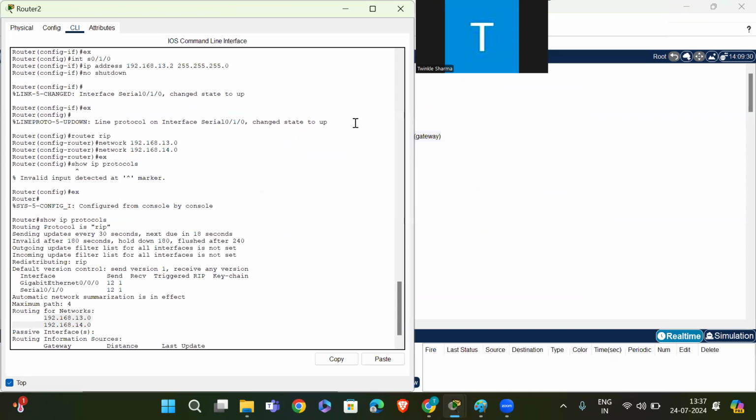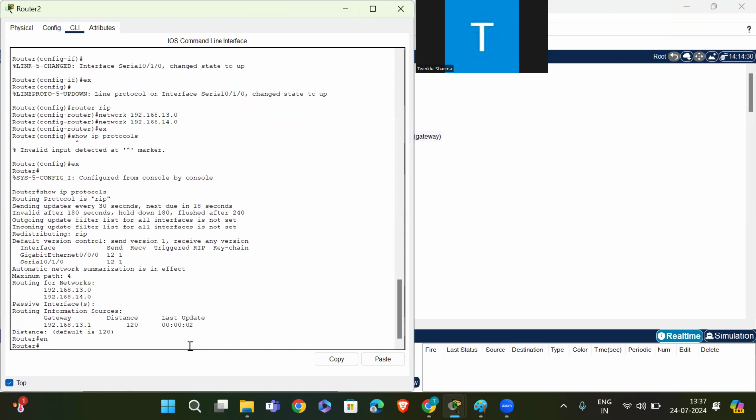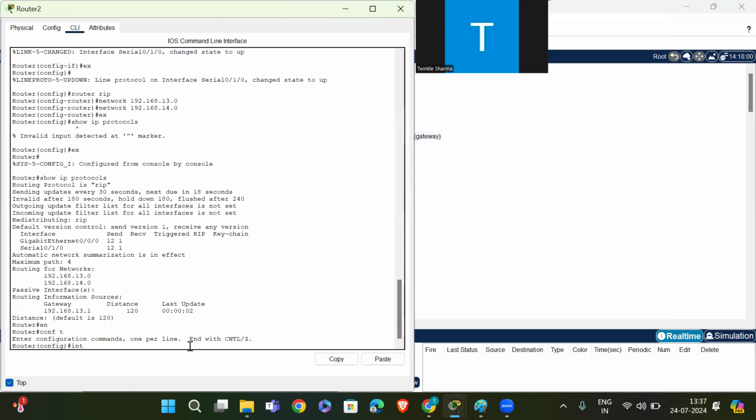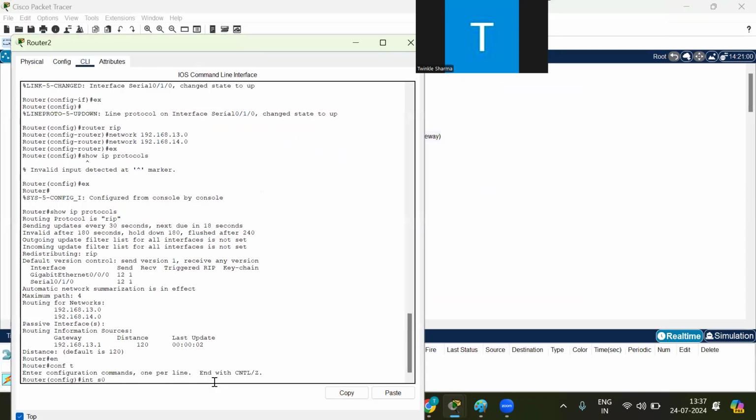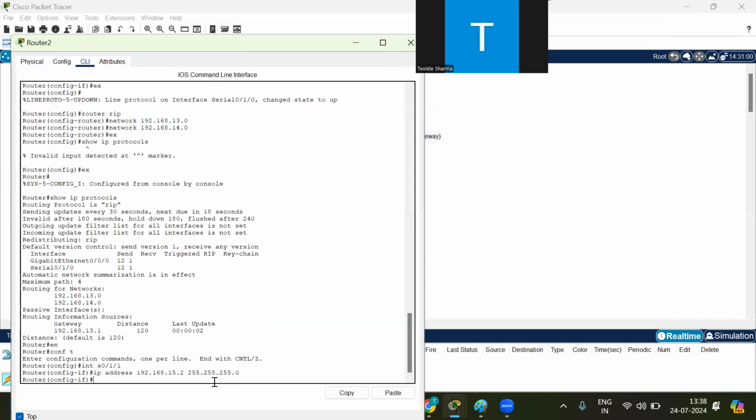Here on router 2, enable, conf t, interface S0/1/1, IP address 192.168.15.2, 255.255.255.0, then no shutdown.